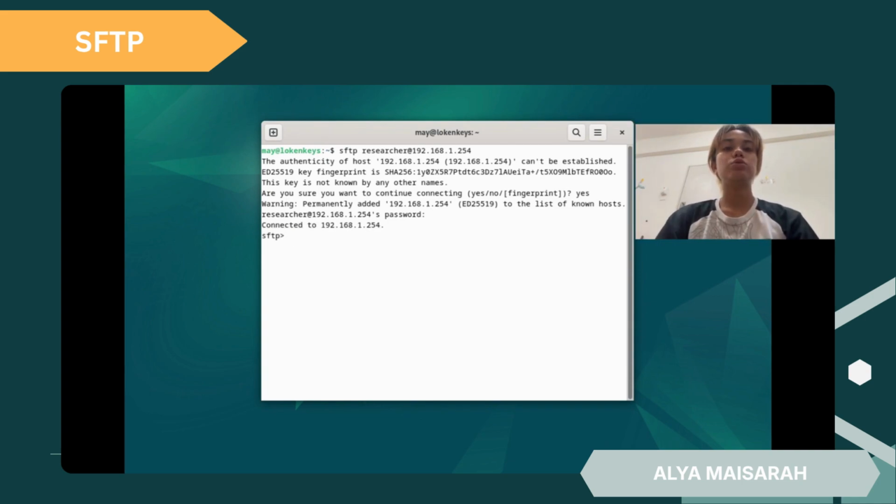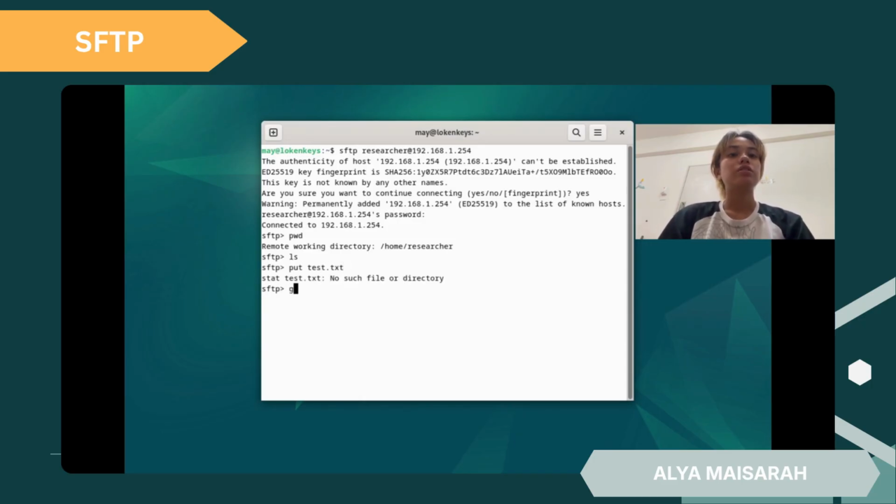After connecting to 192.168.1.254, we have to type pwd, ls, put test.txt, get test.txt, and exit. But it seems that the test.txt file does not exist, so I exit and create the file by typing touch test.txt,